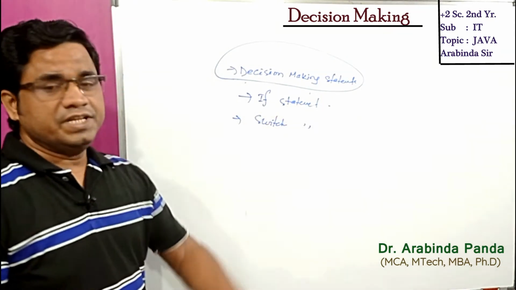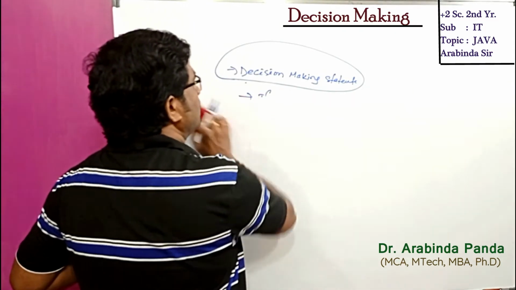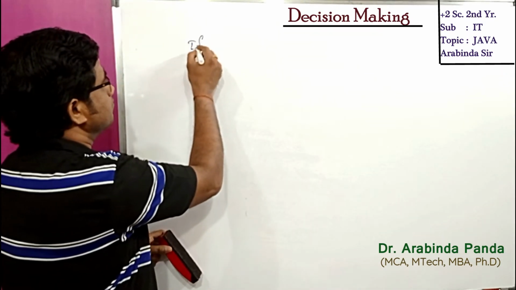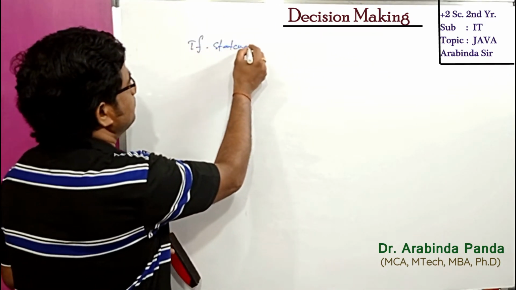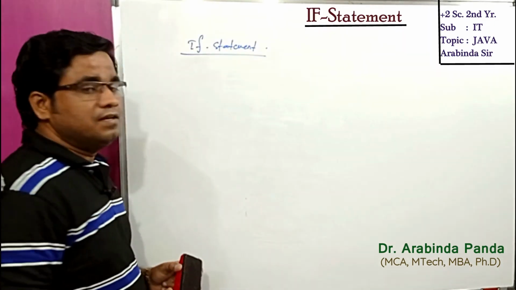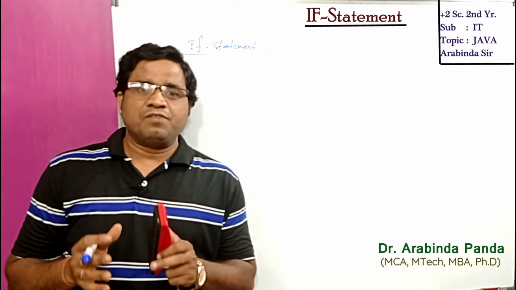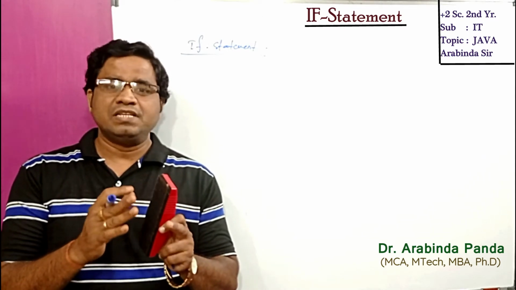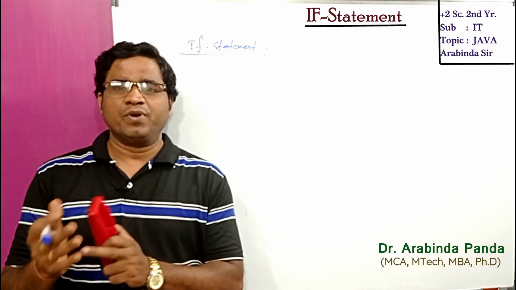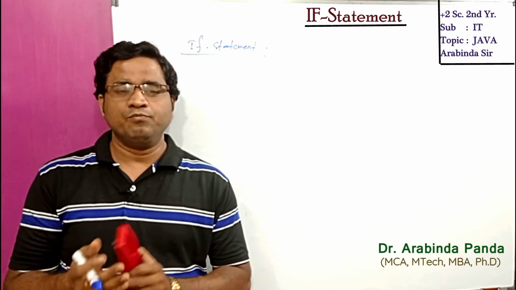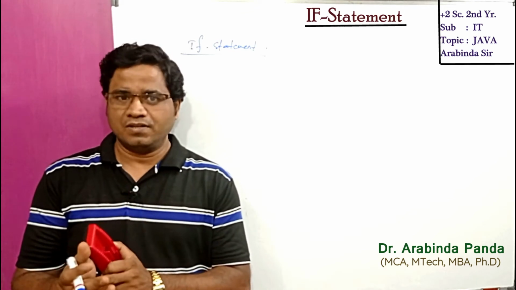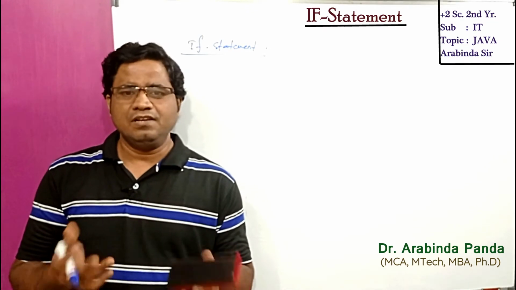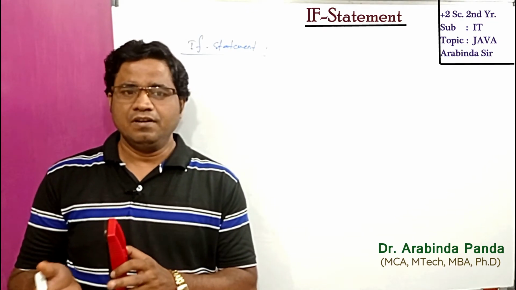So, first come to if statements. What are the different types of if statements? We will discuss in detail, right. In Java, the if statement is used to evaluate a condition, and the control of the program is diverted depending upon the condition result, that is a Boolean value, either true or false. And in Java, there are four types of if statements, or you can say three types of if statements. That is what?